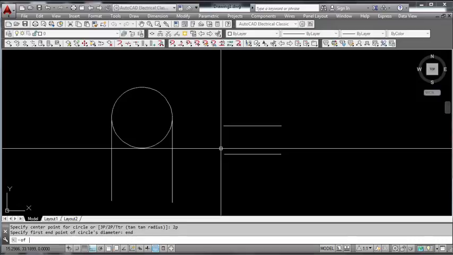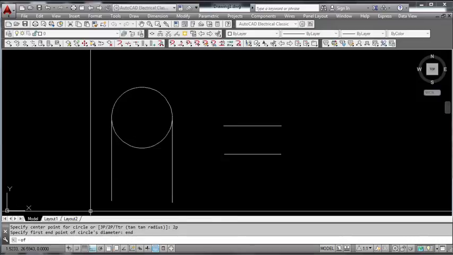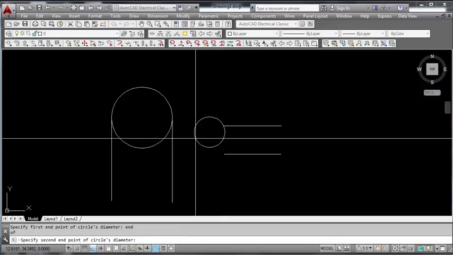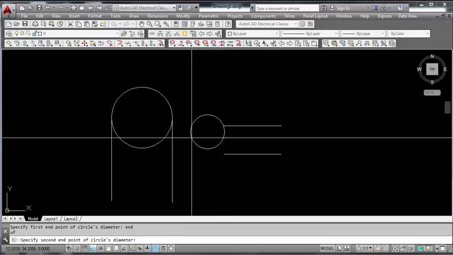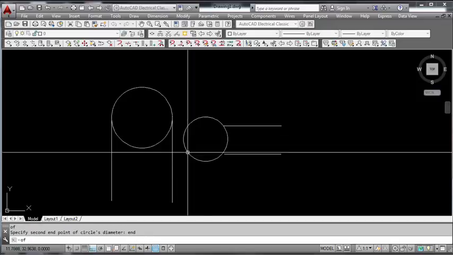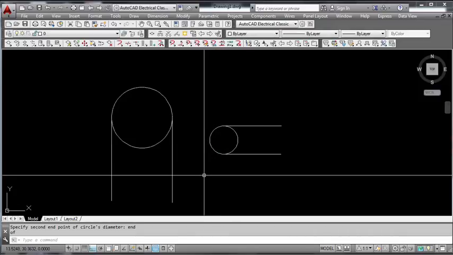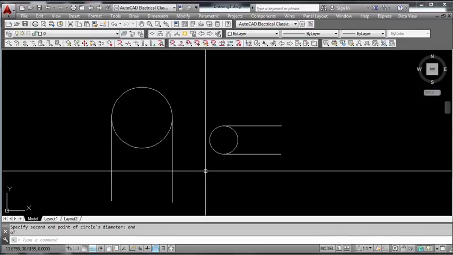I touched the end points of both lines and made a circle. 2P: these two points, the end of these two lines. That is what 2P stands for. I will show you once more. I have a line here, just a minute, I have a line here like this, and another one here. I want to draw a circle at the end of this